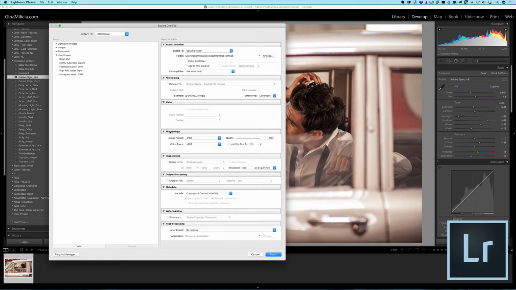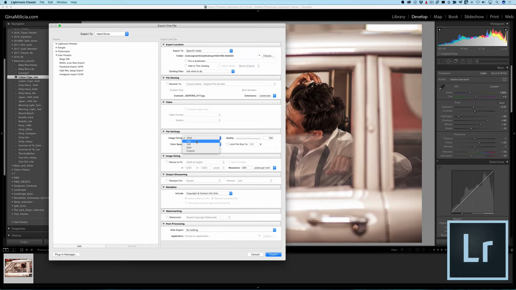Now, file settings, and this is going to change depending on what it is you're exporting. So let's say for this image, I want to export it as a high-res file. So high-res JPEG. So I'm going to choose JPEG as an export preference. And the .jpeg, that's a universal language that all computers can read and see. So that's a great all around it. Don't use anything else unless you've been